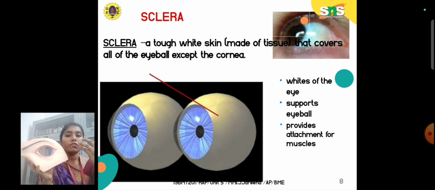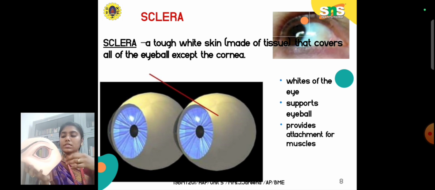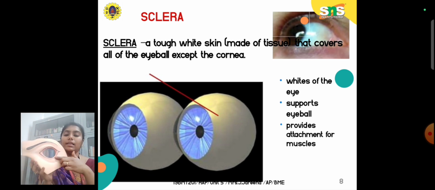Because if we keep our eyes open for more than an hour, or throughout a day and so on, there is a tendency for the eye to dry out. For that reason we have the reflex mechanism. Every 20 seconds or so, our eye blinks in order to spread the moisture content in the eye. That is the main purpose of the blinking action of the eyelids.